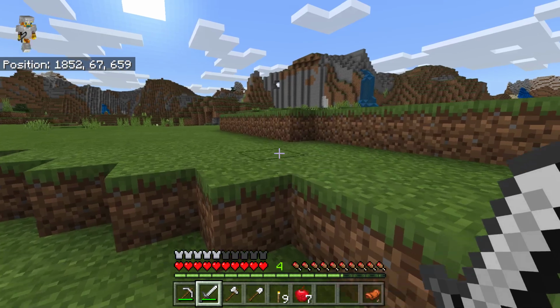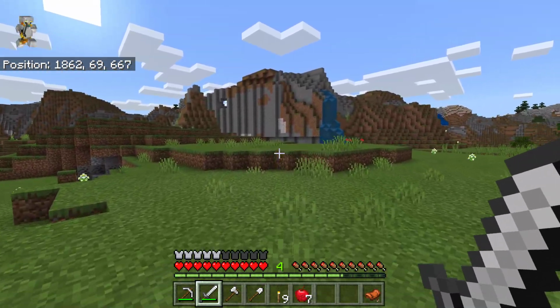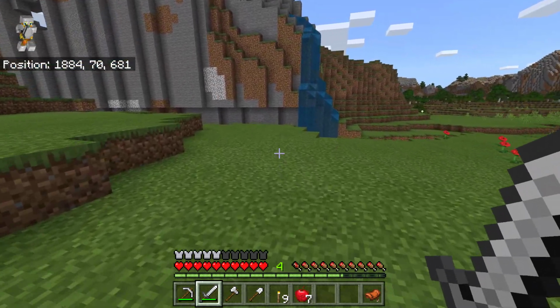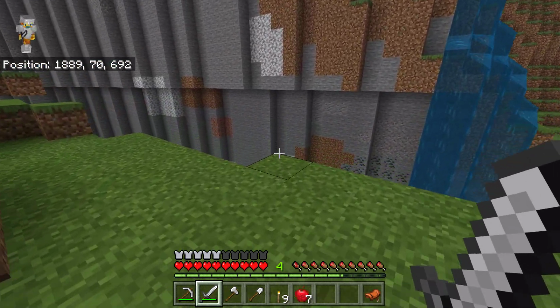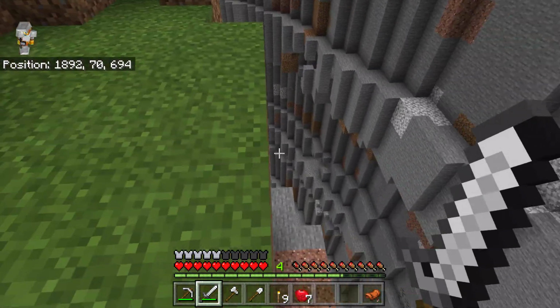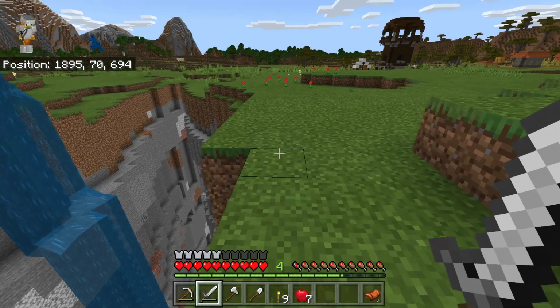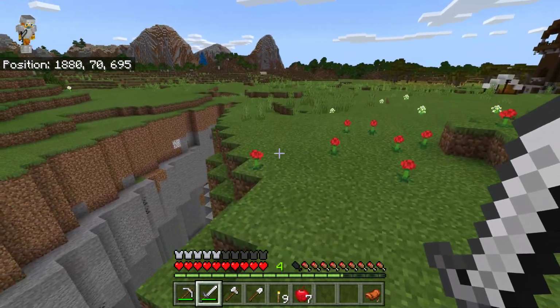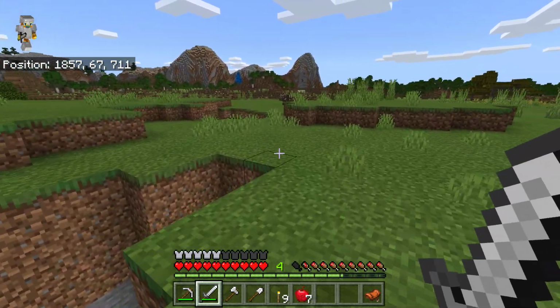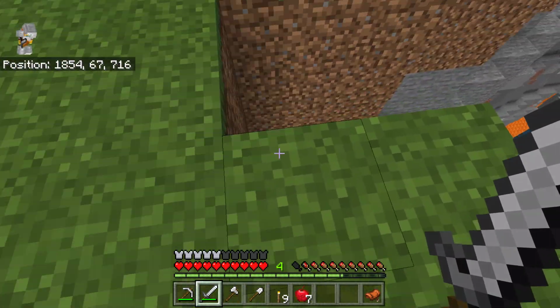But let's go ahead and check this ravine out real quick, just so we know what we're doing with that. It might be worth just grabbing a couple of diamonds just to begin with. Let's have a quick look. What do we got? We can actually probably survive that fall, but let's see if there's a better way down. I'm going to go round this way, because obviously we've got the waterfall as well, so if we do accidentally slip, we have got a way of...